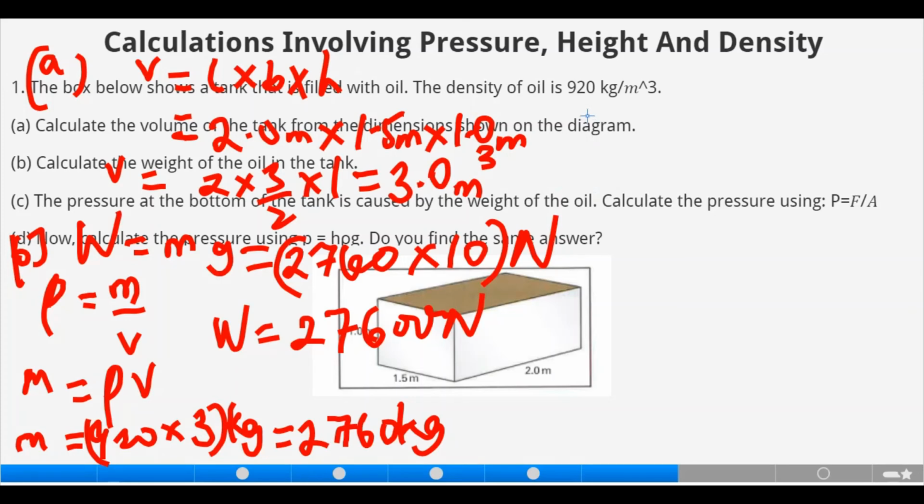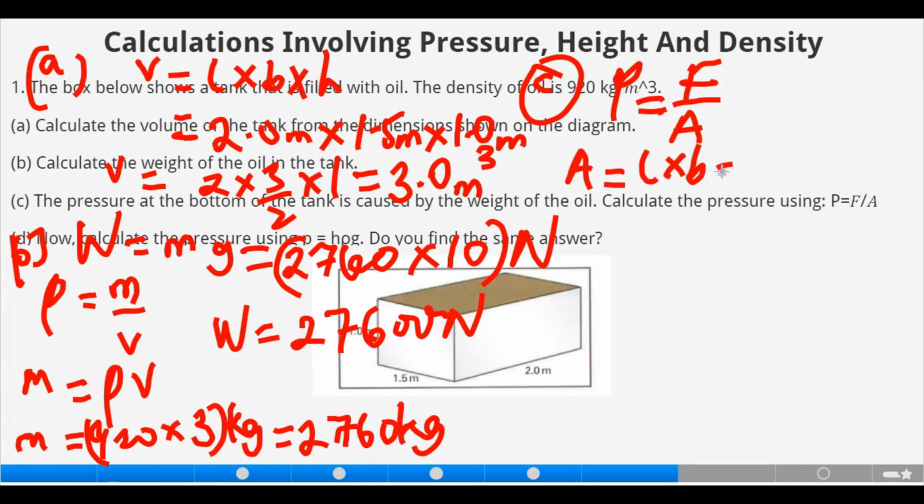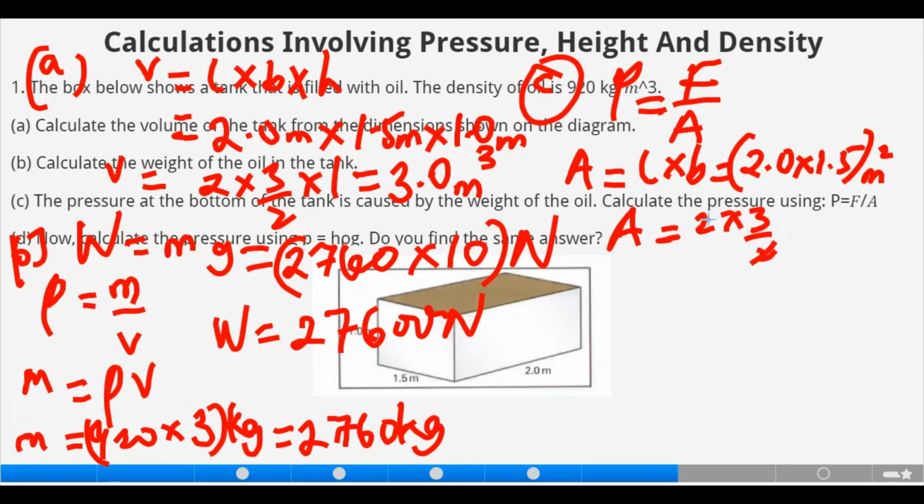So for C, to calculate the pressure at the bottom of the tank using P is equal to F over A. So let me do it here. C now is P is equal to F all over A. Don't forget that we don't know the area, but how can we know area? Area is length times breadth. So our length is 2.0 times the breadth 1.5, all in what? What will be the unit? Meter square. So area now is 2 times 3 over 2, and that gives